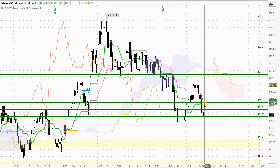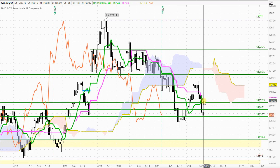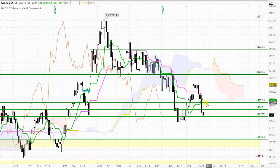has been an important area of resistance in the past, and also the Candlestick indicator is trading at the moment just above there. It should move probably slightly lower and still be around this 167.15 region, so potentially some strong resistance there where we're likely to see the sellers return to this market if we don't see selling for this next day's trading. If we do see the market trade down through 165.27, looking to support around these swing lows